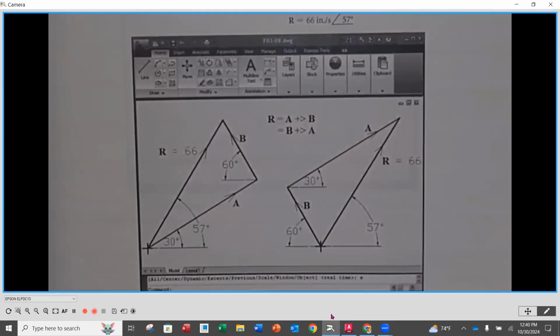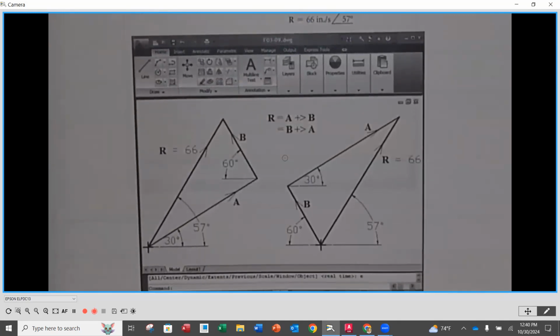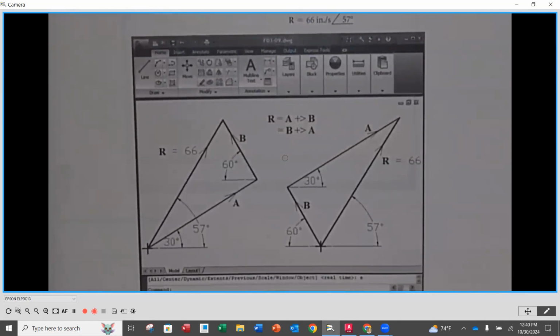Okay. Now, what else do we need to add? The very last thing that we need to add is going to be our vector equation. All of your vector diagrams need a vector equation. So you're going to notice here that they have R is equal to A plus vectorially B. So you need to label that. That tells me what was the order that you put this in. So if we go back to